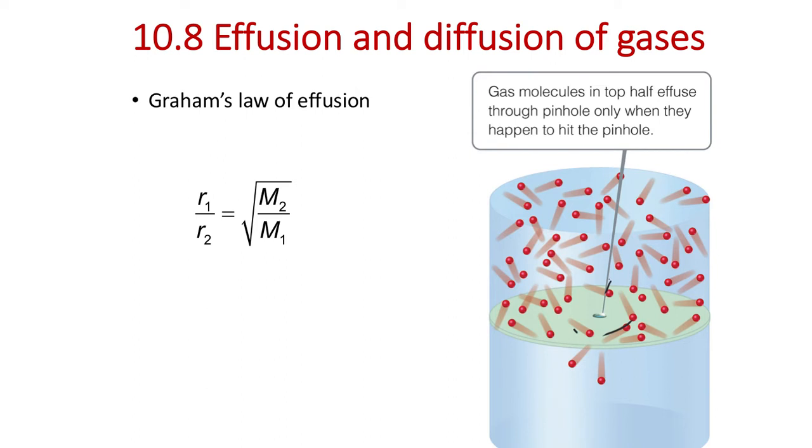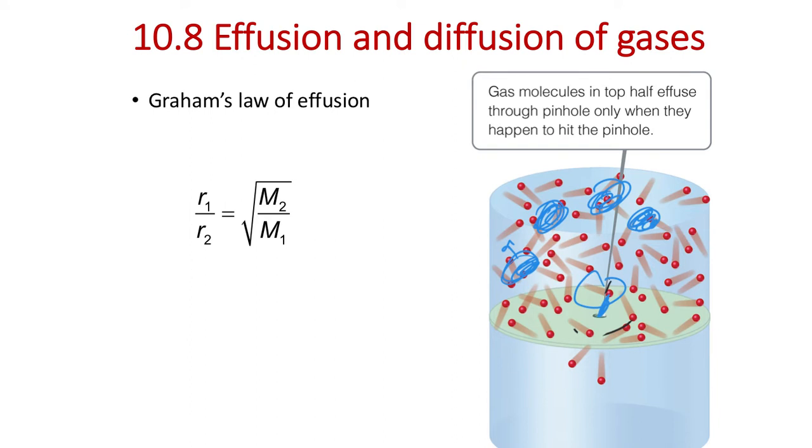And you can compare there being perhaps two different types of particles in the gas mixture. If we're looking at a second particle that's heavier, the heavier particle on average is going to have a slower velocity, so it's going to be traveling slower. And you might think, well, how often are the heavier blue particles going to hit the pinhole versus the smaller, faster red molecules? The red particles are going to travel faster, and they're going to be hitting that pinhole more frequently. So the rate at which these red particles hit the pinhole is going to be greater than the blue particles.